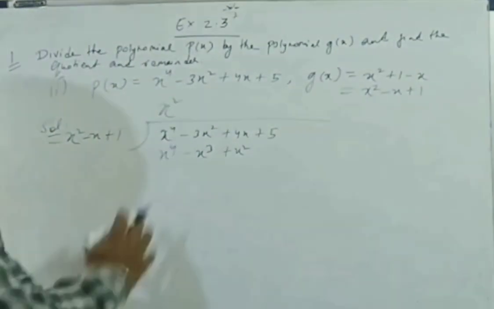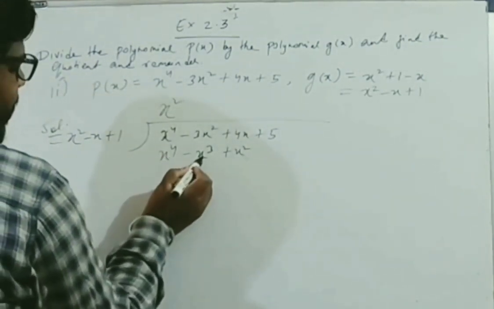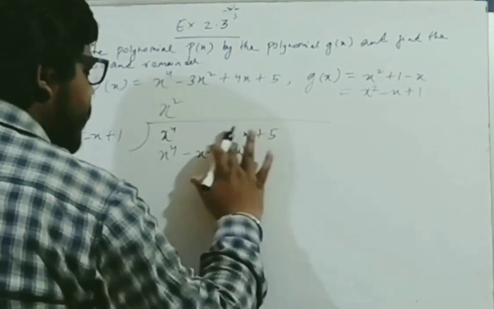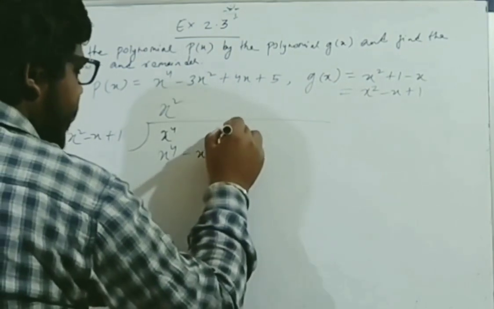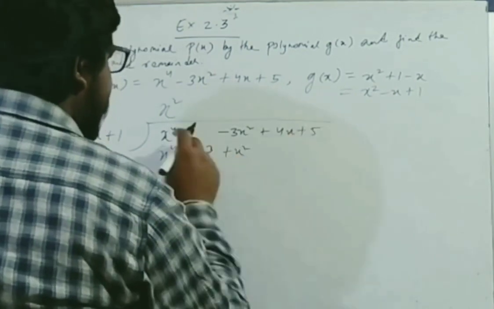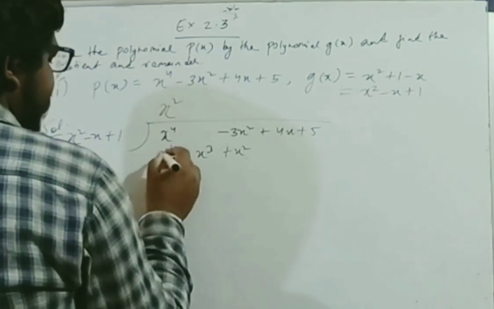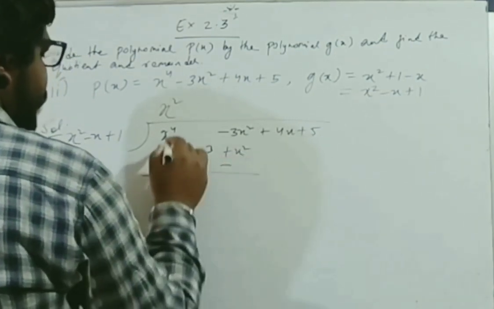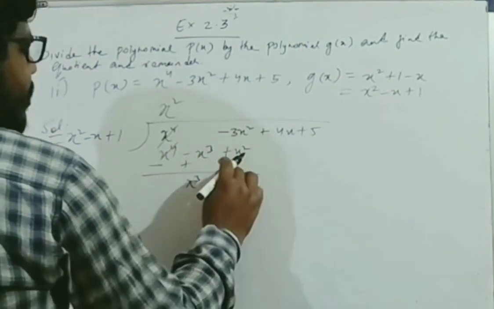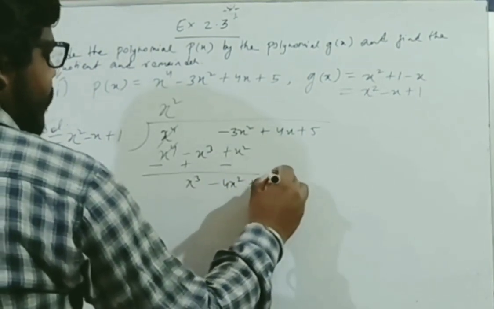Okay. So here you can see the terms x to the power 4 and x to the power 4, and there is actually x cube, but there is no like term for x cube. Just write in this way here so you can better understand. Write it here: minus 3x square and plus 4x plus 5. Just leave this space, okay? Here the sign changes: minus, plus and minus. So this cancels out, and this plus x cube is as it is, there is no like term for x cube. Minus x square minus 3x square is minus 4x square.